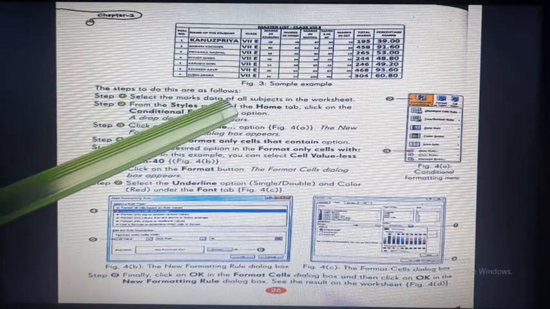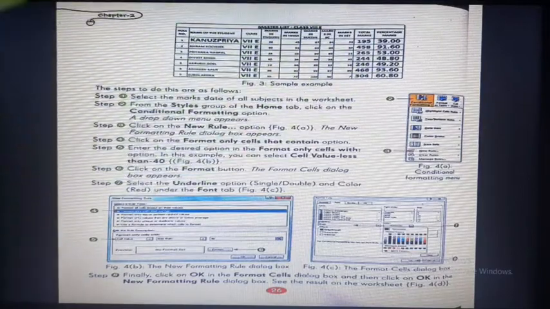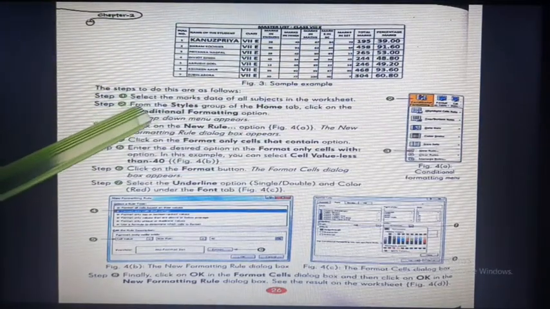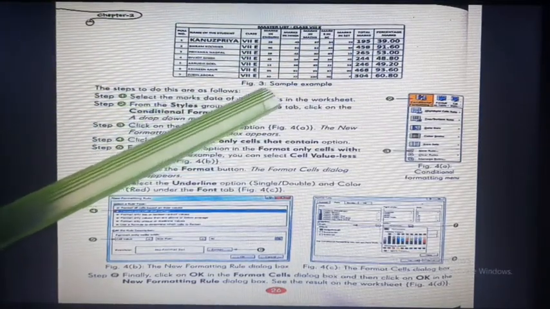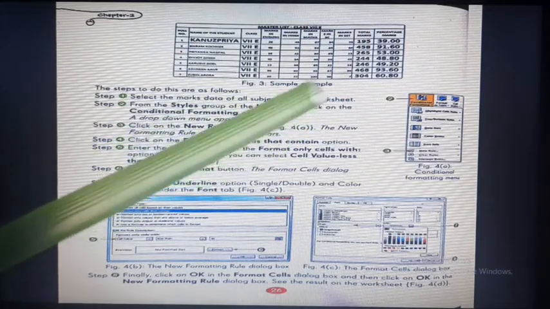We have to select only the marks data for all the subjects. Okay, we are selecting only the marks. Now after that, step number 2, from the styles group of the home tab, click on the